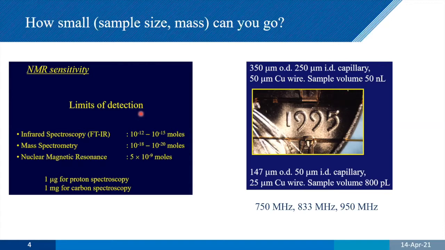How do we get the maximum sensitivity? Well, we make the coil as small as possible. And so this is going to the extreme, right? This is the 1 cent that's in all of your pockets at the moment. And so this is a coil here, which is less than 150 microns in diameter. So we're going to take a sample and we're going to concentrate it as much as we can. We're going to put it inside this very, very small coil.